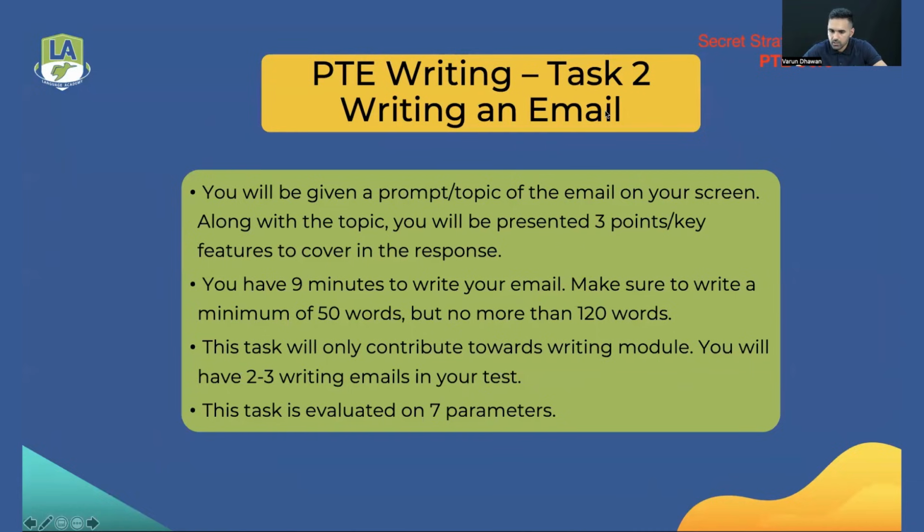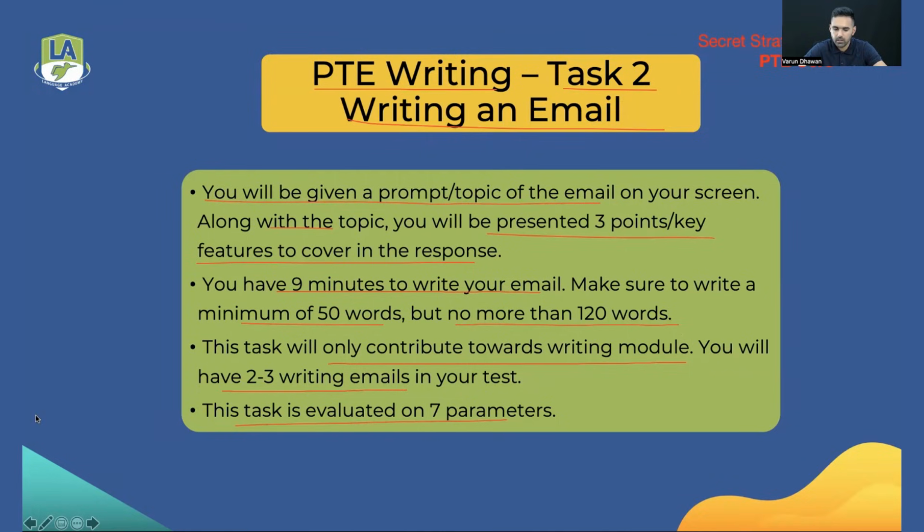I'll share my screen now. So as you can see on your screen, what happens in PTE Core Writing Task 2, writing an email. You'll be given a topic of the email on your screen. Along with the topic, you'll have 3 key points, which you'll need to cover in your response. You will get 9 minutes to write an email. You need to write a minimum of 50 words, but not more than 120 words. This will only give you points in the writing module. You will have 2 to 3 writing emails in your test, and this task is evaluated on 7 different factors